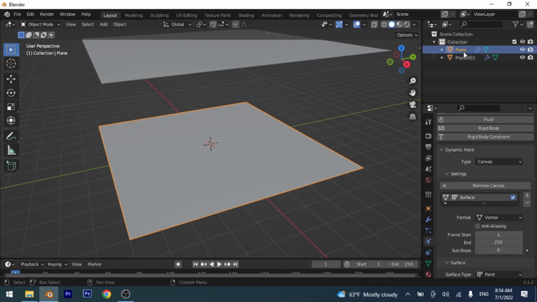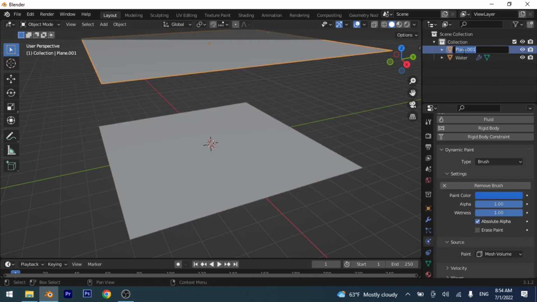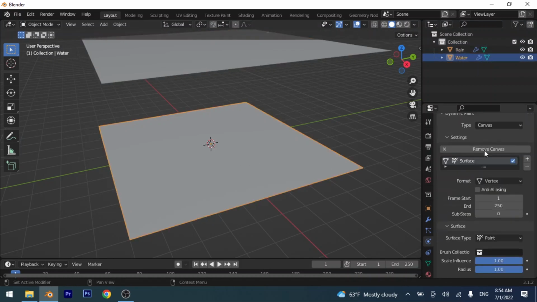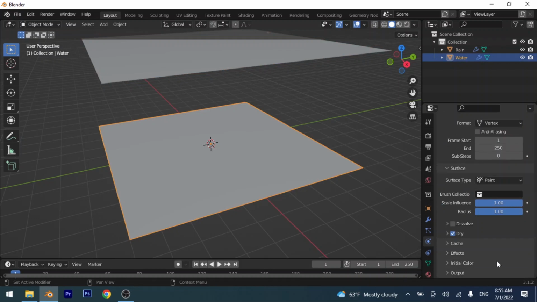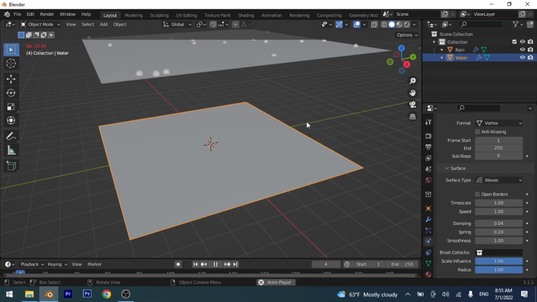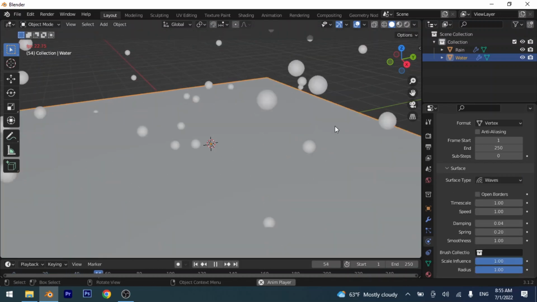Let me rename it like water will be good, and rain. After you rename that, select that water plane, then change the surface type from paint to waves. When you play that now,